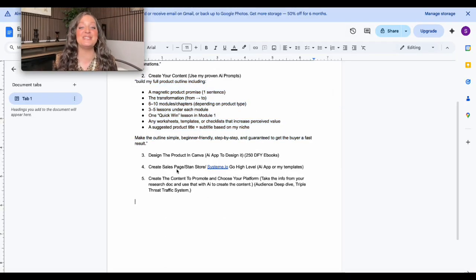So the next step is to design the digital product, okay? So you have a couple different options when it comes to designing. I like to design all of my stuff in Canva. I also like to design it in some of the AI apps that I use. And these AI apps, you take that whole entire course that you just built out after you went deep on the market research, after you validated the information, did the competitor analysis, okay?